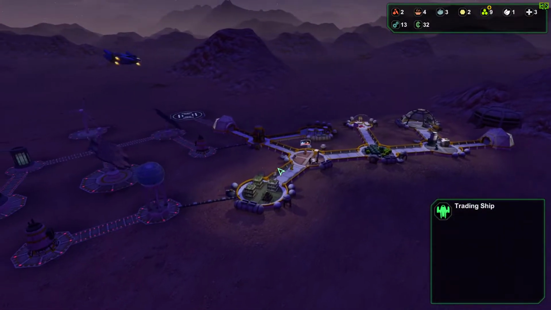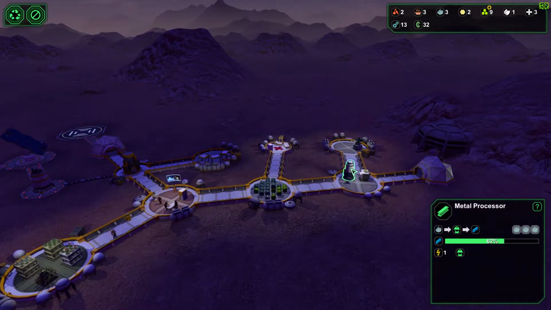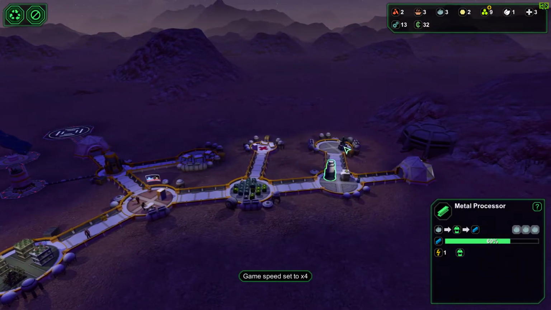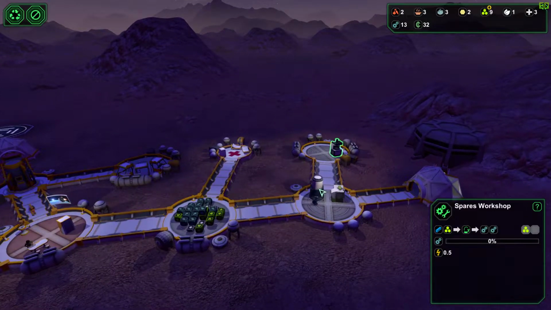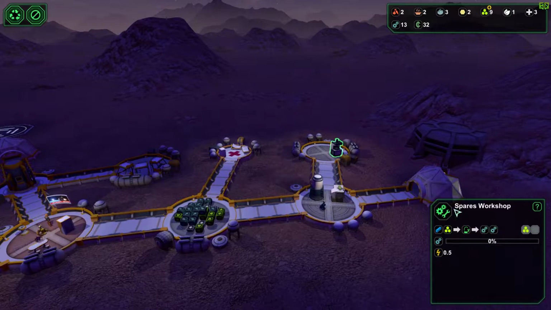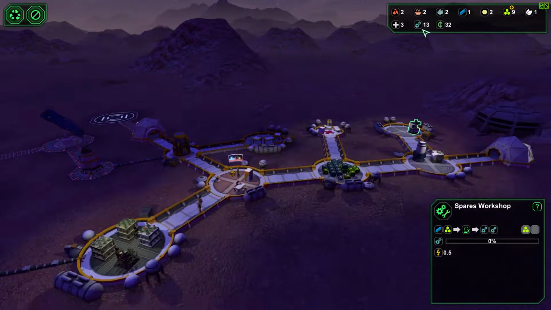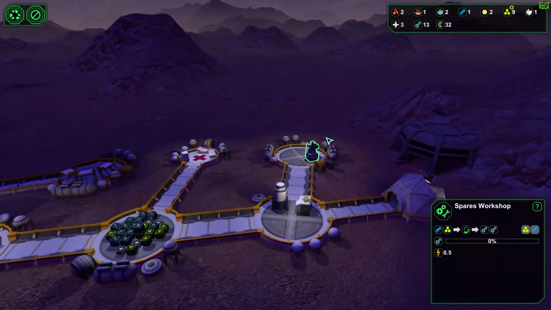Alright, so that trade ship didn't have anything. So we really just need to wait on metal to be produced, which we've got 3 queued up. And technically we need to let one of the pieces of metal go to the spares workshop, because I need 2 spares to be produced. I have 13 spares right now, which is a pretty decent back supply. But while my colony is so small...